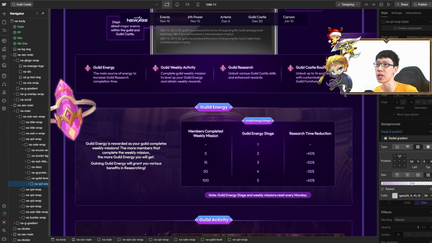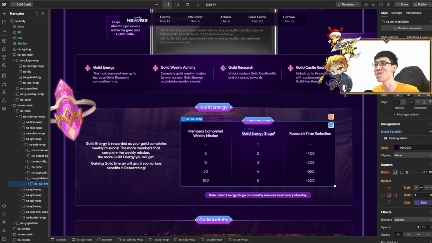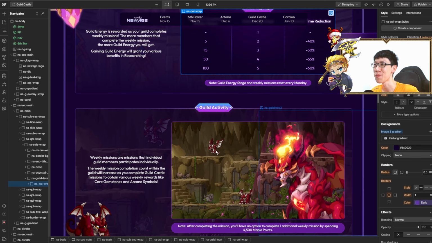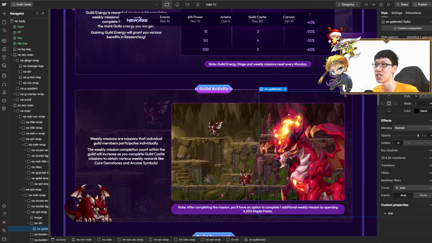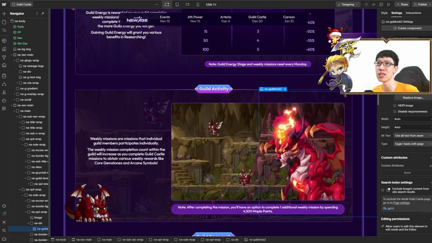Just subtle 59%. A lot of my design content over here runs with 59. If you don't understand why I run with 59, you have to search that up. So yeah, 59% over here. I wanted to do this very subtle design as well. The dragon over here is a PNG image. Of course, it has been optimized.